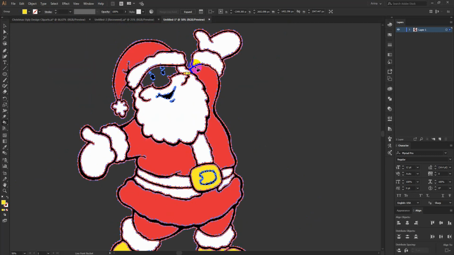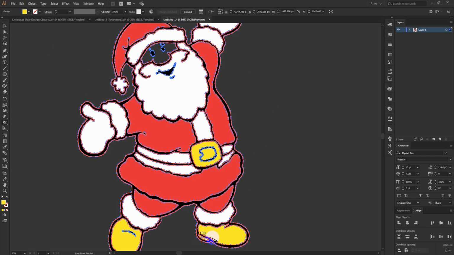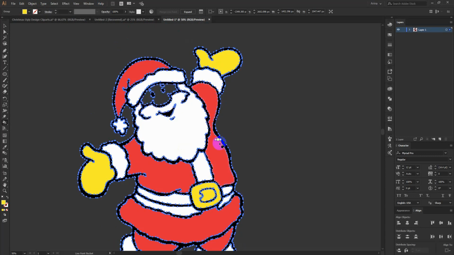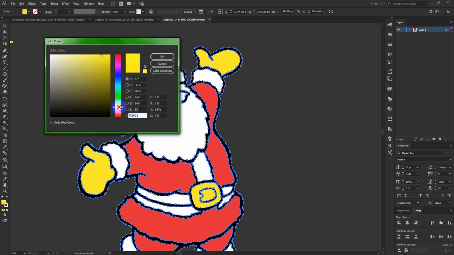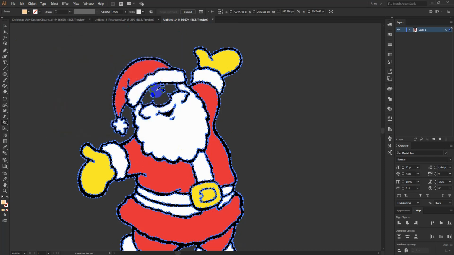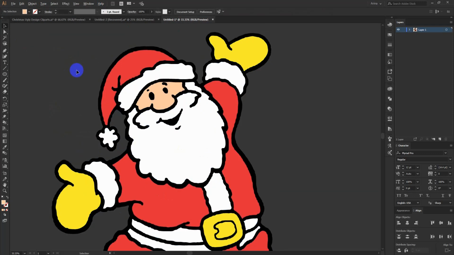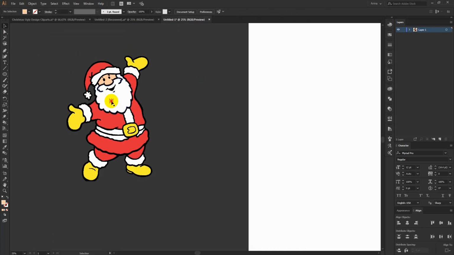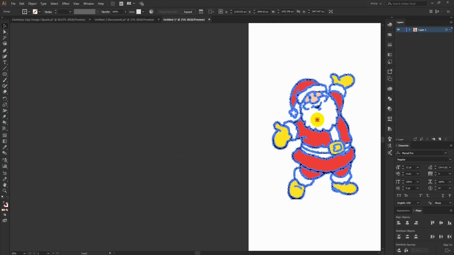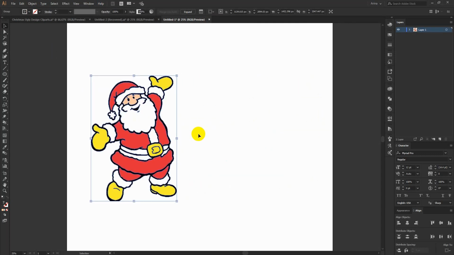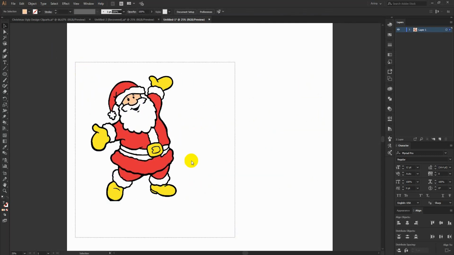And when I am making these two socks yellow, I can maybe make this one also yellow. It doesn't matter because I am just making a design like this. So I am going to choose some kind of red color to fill this skin area. Okay guys, so this is now my Santa Claus in full color mode. I had a black outline image, but now I have a full colored version of it.